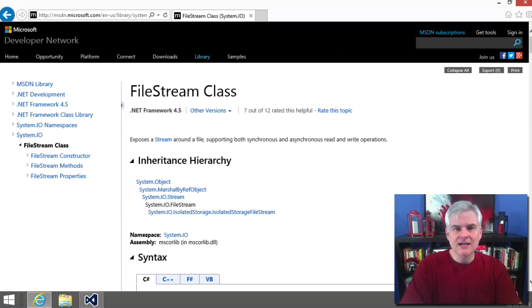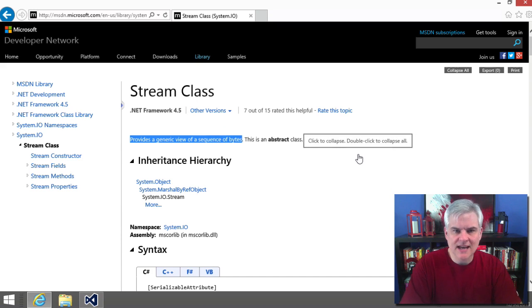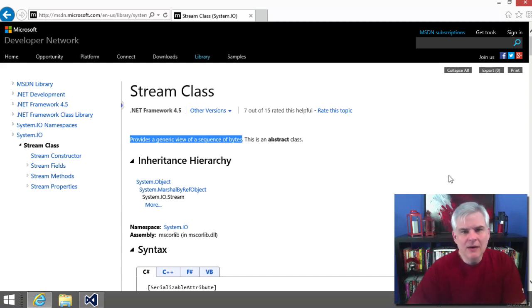So if I click on the link to investigate the System.IO.Stream, as you can see, the Stream class provides a generic view of a sequence of bytes. And then it says also that it's an abstract class. So now whenever we're working with the StreamReader, we're working with a sequence of bytes that were stored in